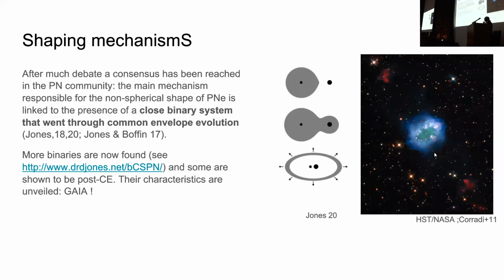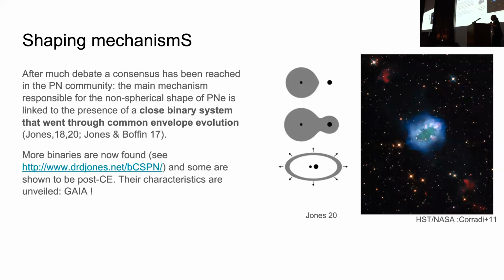And again, Gaia helped a lot, so we can have the distance of those objects. Here, for example, you have the Nicholas nebula, a close binary planetary nebula. You have the central star, which actually has two components, and you have those jets and that ring